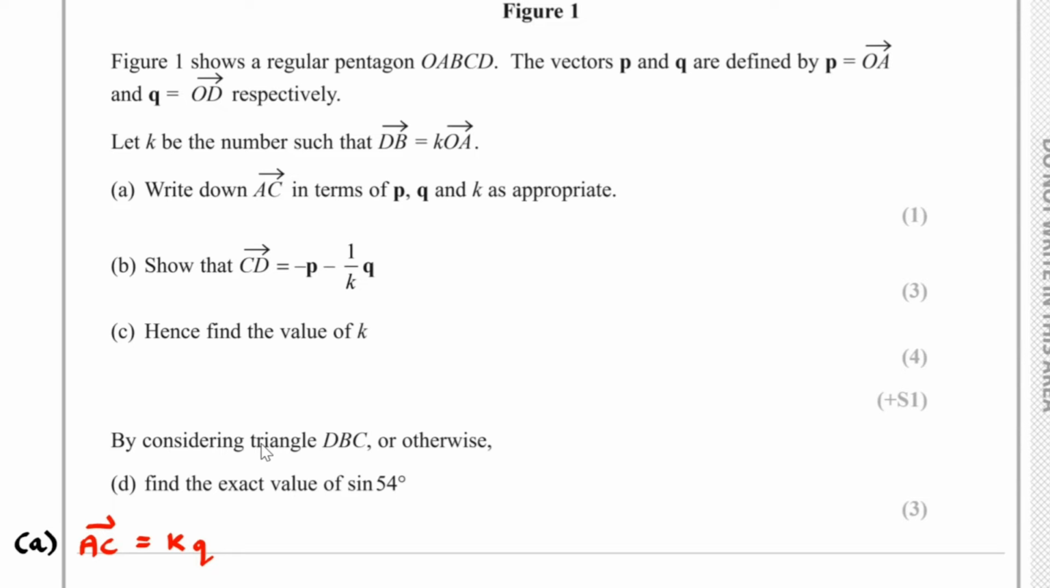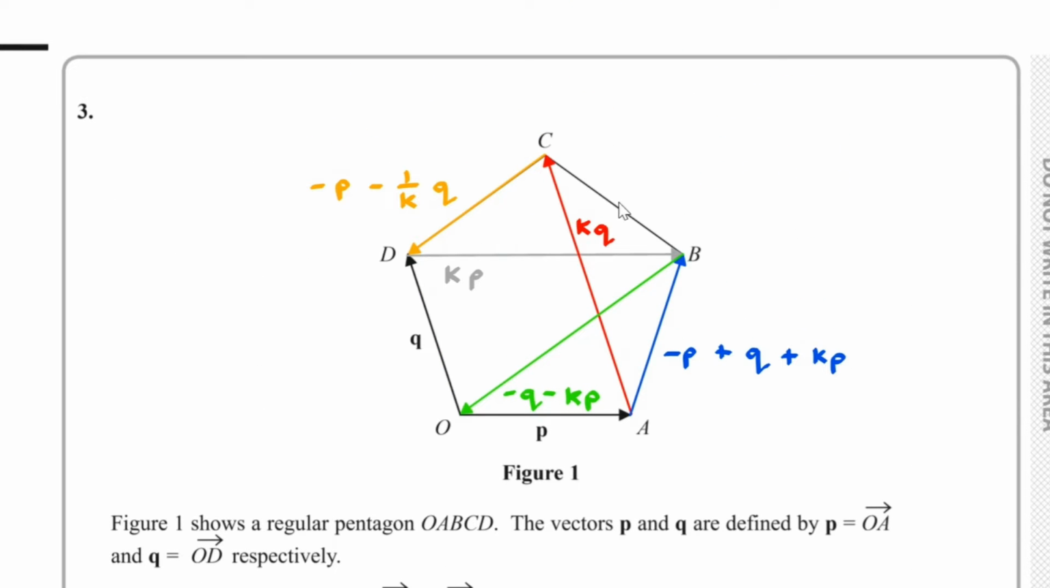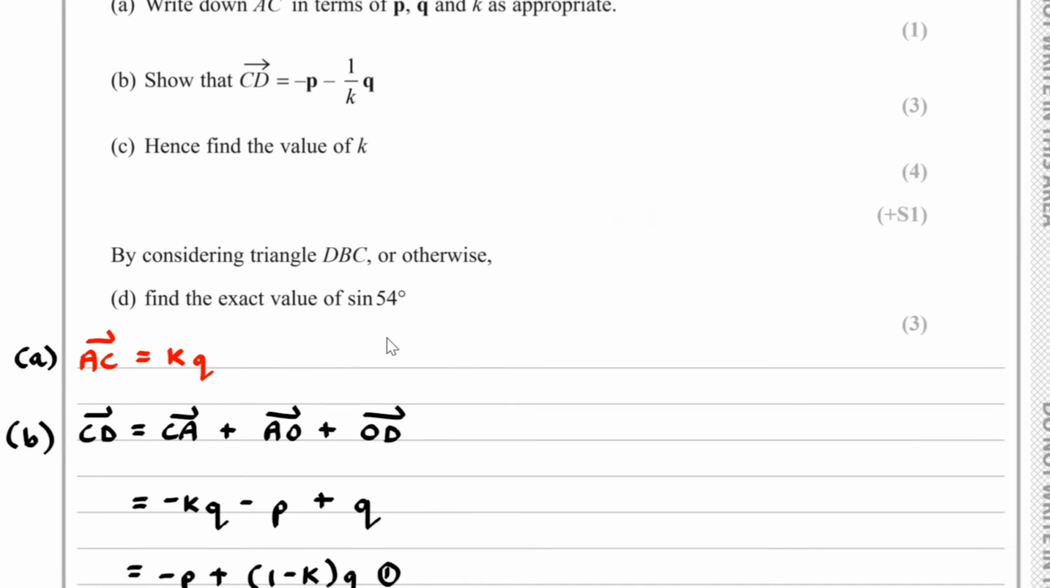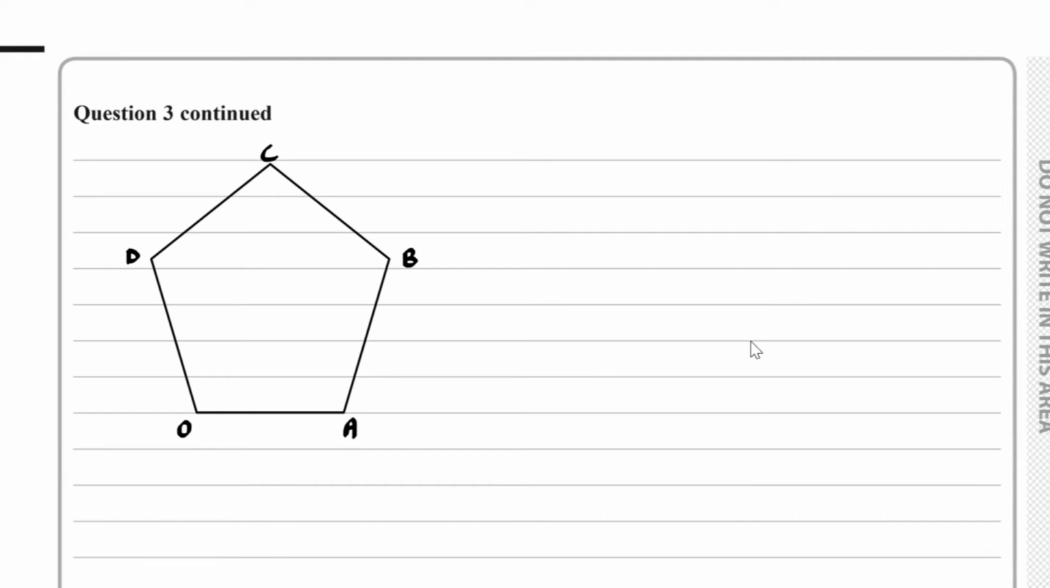Now, for part D, by considering the triangle DBC, or otherwise, we have to find the exact value of the sine of 54 degrees. Now, we know already that regular pentagons have an interior angle of 108 degrees, and here's the calculation for that. So, we've got the 108 degrees over here,